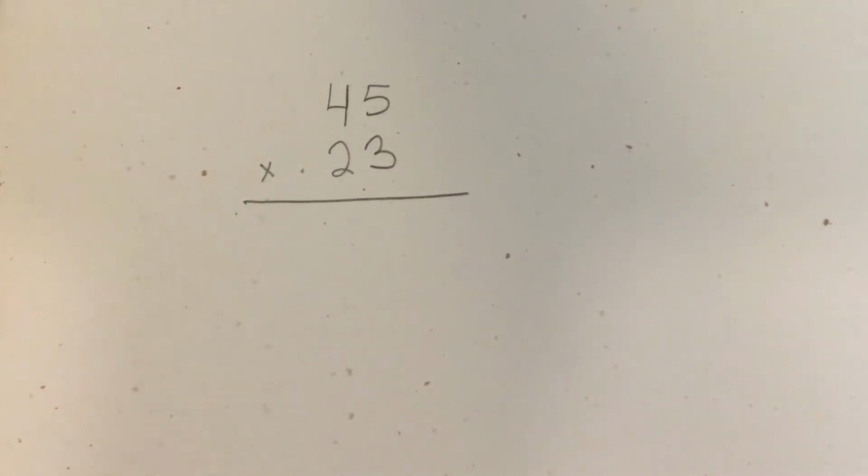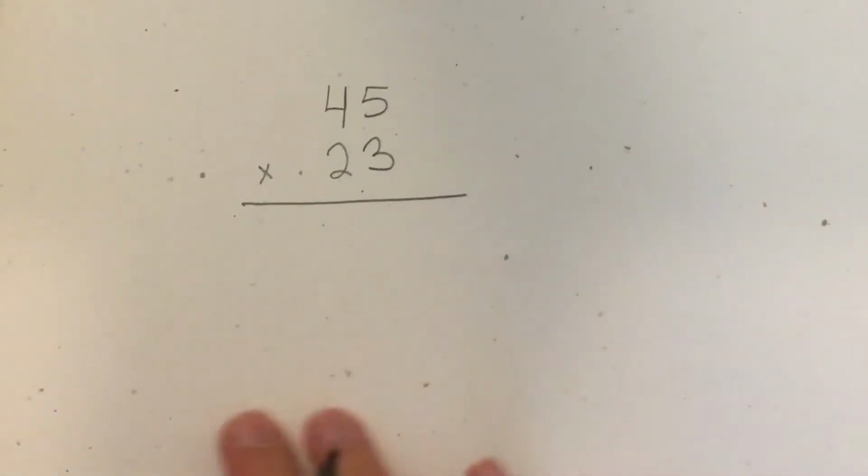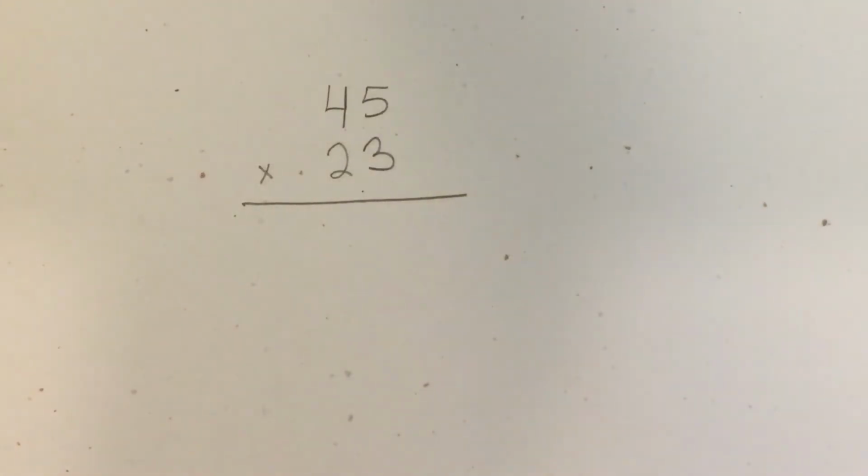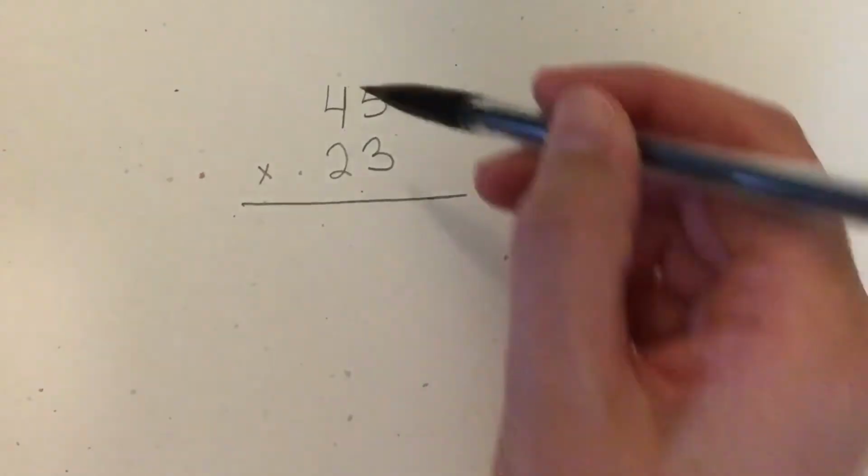Okay, fourth graders, so we are going to review our double-digit multiplication today. As you can see, I have written 45 times 23 on my fancy speckled paper here. And notice that I put the larger of the two numbers, the greater number, on the top. It's just a really good habit to get into whenever you're setting up math problems that are vertical on top